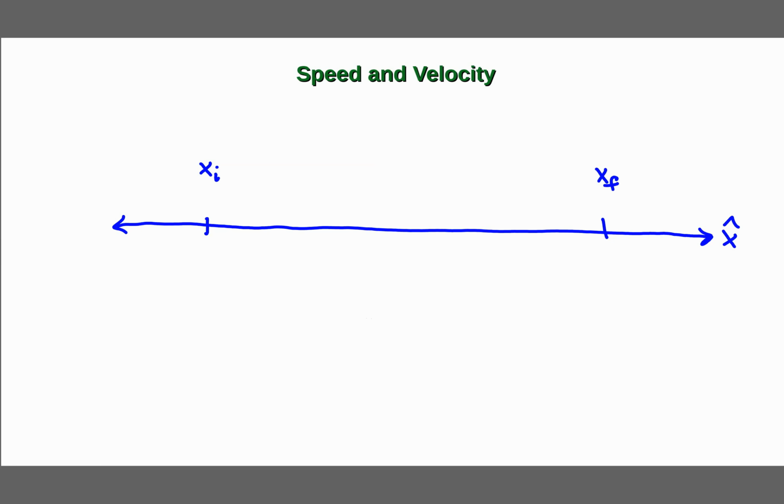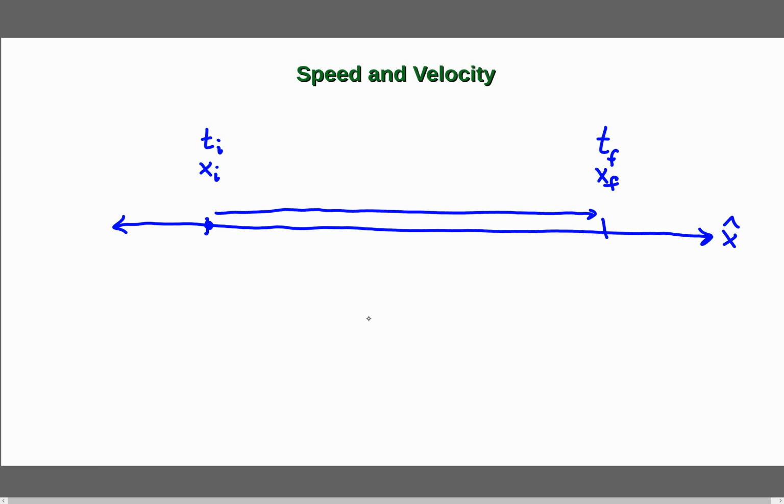I'm saying that one happened first and one happened last. So we have some time, t initial, that's associated with x initial, and we have some time, t final, that's associated with x final. So if we have a little particle and it moves from here over to here,